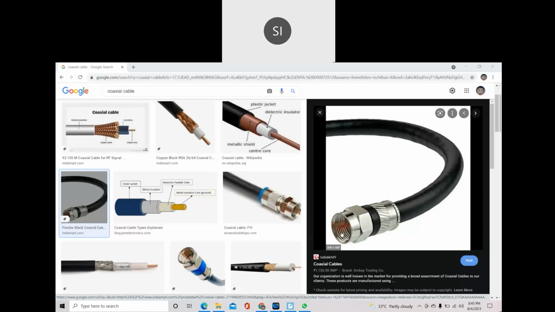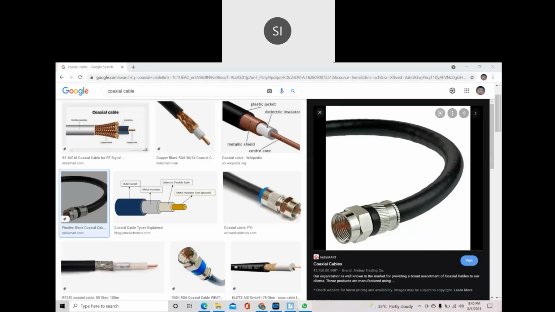If there are any issues in the copper wire, this is a single copper wire. If any issue happens in the copper, we can't communicate anything. Network is very important to transfer the data and communicate the information. If the cable is damaged, we can't send the data or communicate to the destination. That's why we are not using the copper coaxial cable nowadays. Only for telecommunication are they using it, but in network communication we are not using coaxial cable nowadays. This is about coaxial cable.